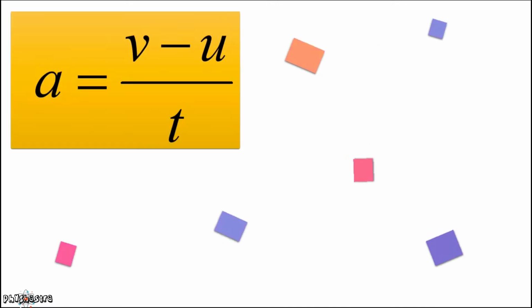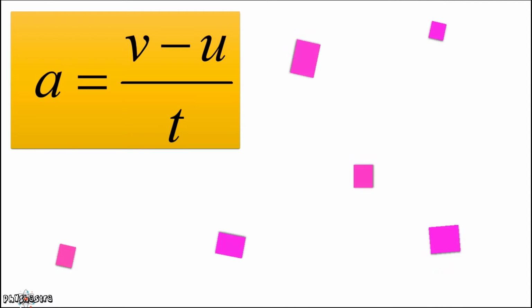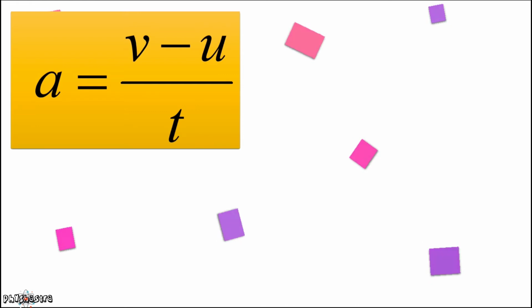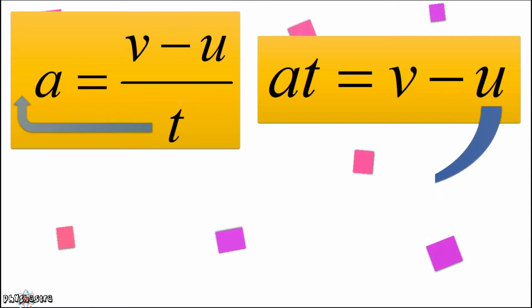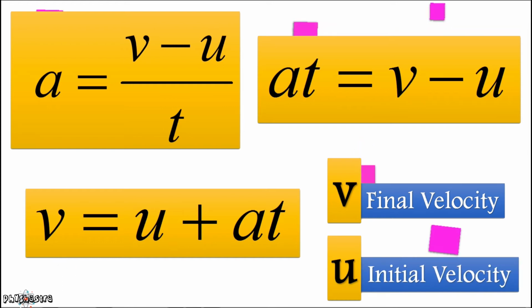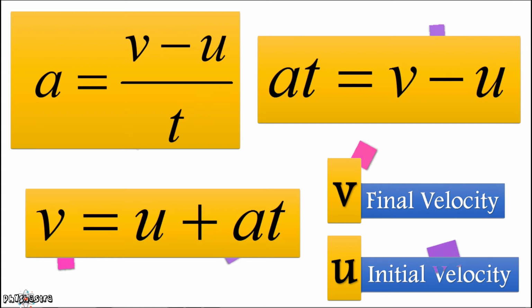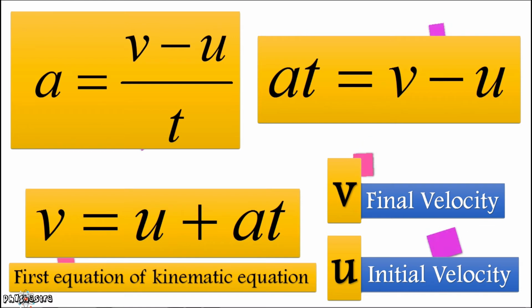Now we have a constant acceleration a equals v minus u upon t. We rearrange this equation in the form of v, transferring the time t and the initial velocity u to the left hand side. Finally, we get final velocity v equals initial velocity u plus acceleration a multiplied by time t. This is the first and one of the most important equations. If you observe the equation, there is no position, and we might get into trouble if we need to find the position. Thus, the next equation.